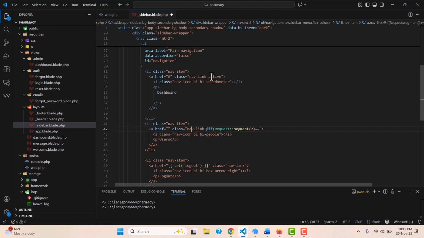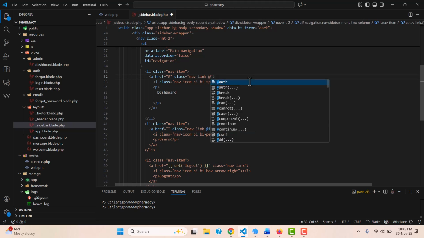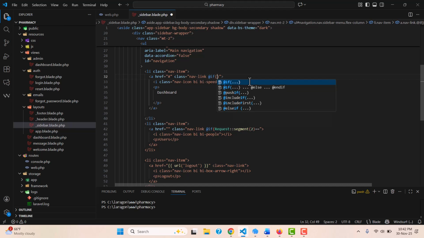So we say if request segment 2, so we call it dashboard. Okay, we call it dashboard, and